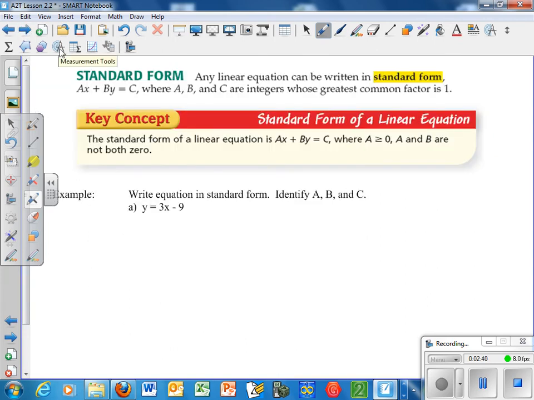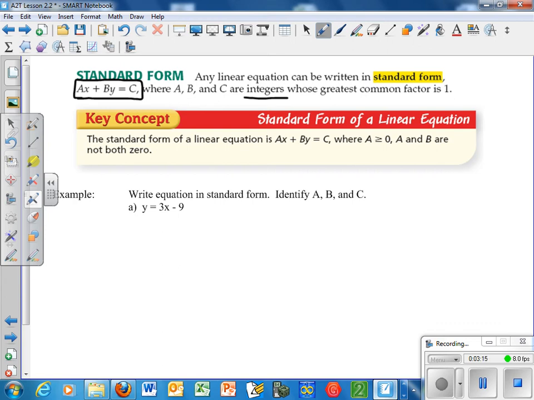Now we're going to talk about standard form. You haven't dealt a ton with this. We deal mostly with slope-intercept form because for graphing reasons it's easier to graph, but any linear equation can be written in what we call standard form. This right here is standard form. ax plus by is equal to c. a, b, and c are integers. Reminder that integers do not include fractions, so positive or negative whole numbers, whose greatest common factor